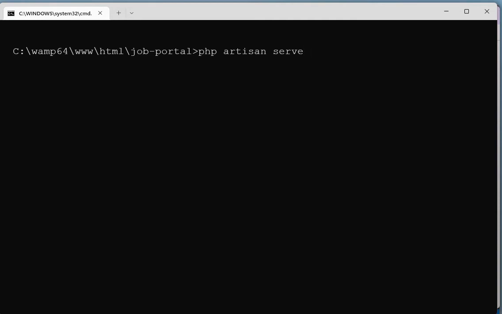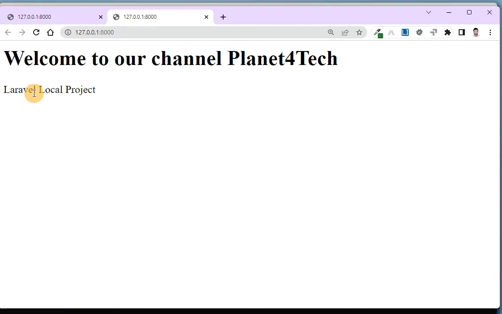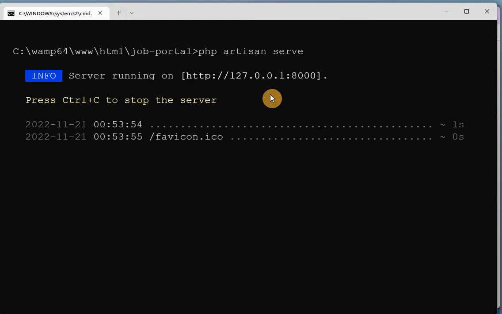So in the .env file, you can see it is mentioned that this is the Laravel local project. If you want to switch it, we have to pass the env option. Let me show you how we can pass it. For that we need to pass a double hyphen, which is for the option we are passing. Here you can see serve is the command, and the option we are passing here is env equals to